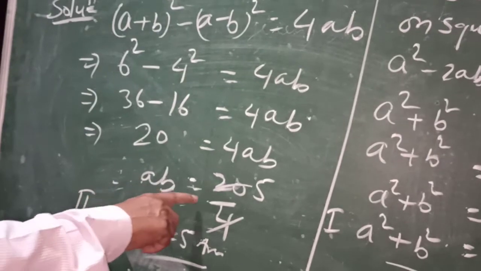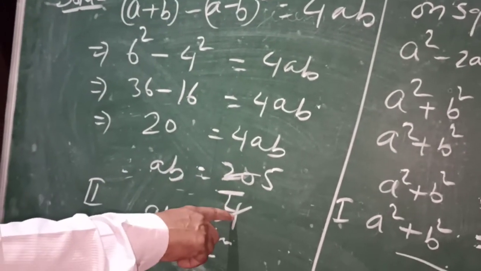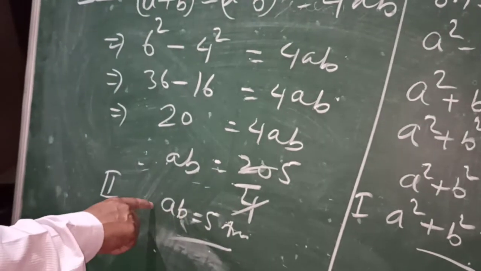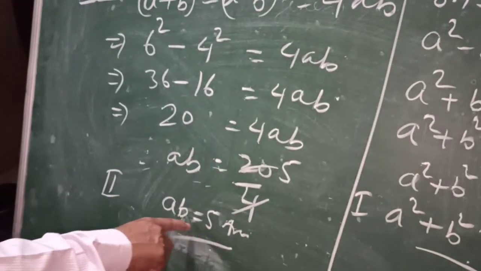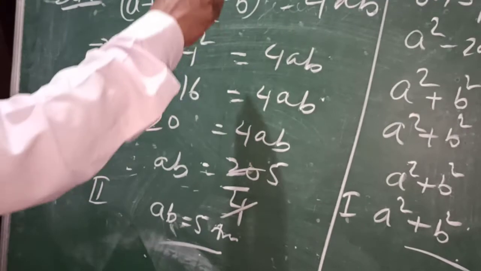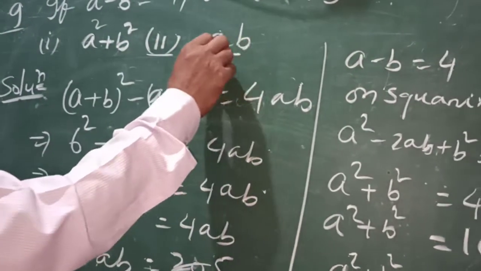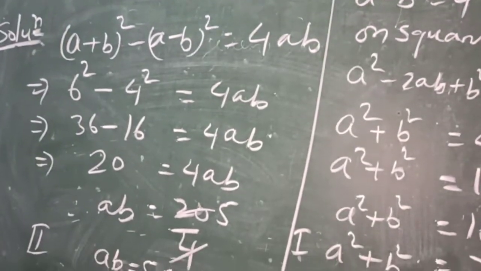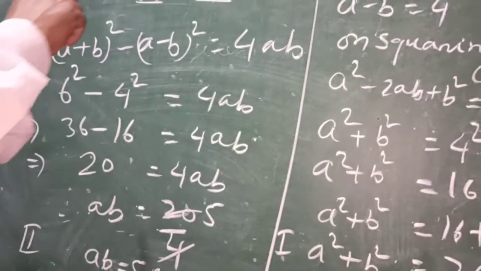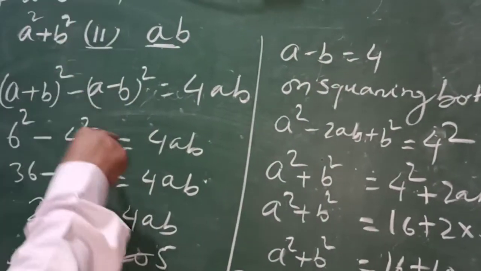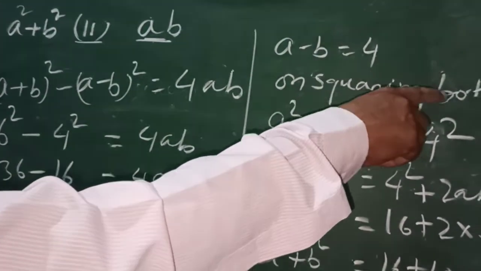Therefore, ab is equal to 20 by 4. 4 fives are 20. Therefore, ab is equal to 5. This is answer of the question 9, sub question ab. Now, a minus b is equal to 4 you have given. On squaring both sides,